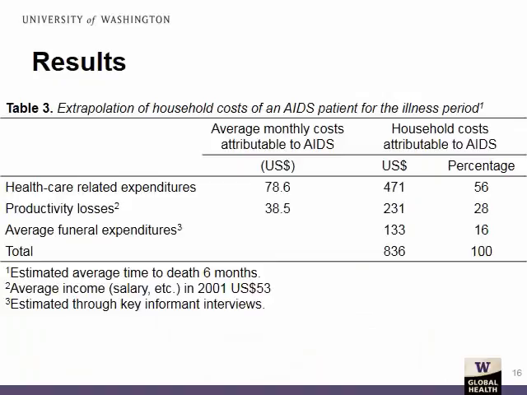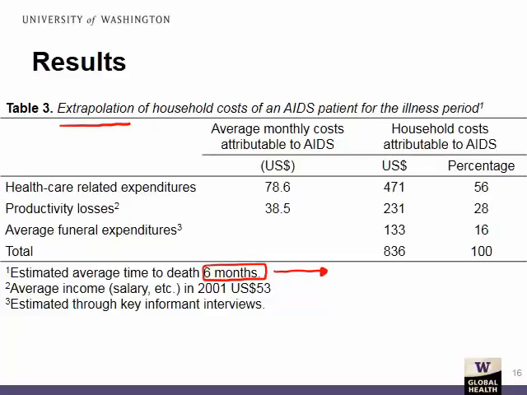The next results table shows the lifetime extrapolation for the household costs of an AIDS patient, and they used an estimate of 6 months only from the time of the survey to death for AIDS patients, a very short time. And I talked about the shortness of people's expected life for AIDS before the advent of ARVs, and the miracle of ARVs, really, for those of us who practiced in the time in hospitals in Africa in the time before